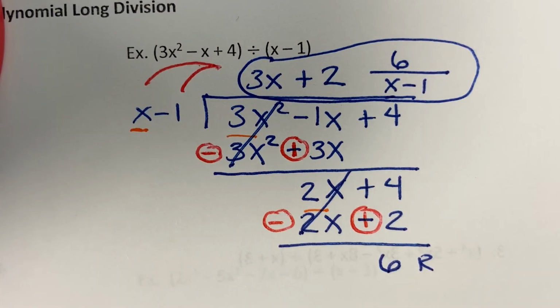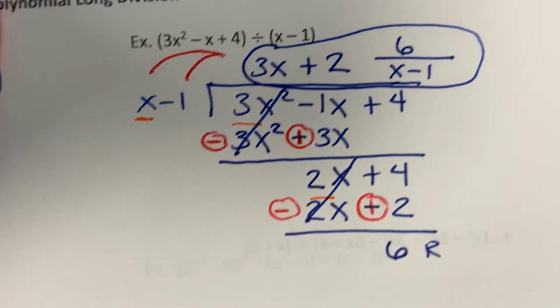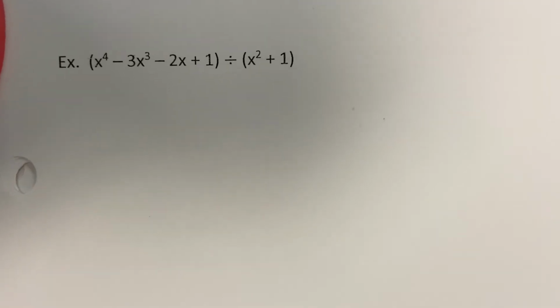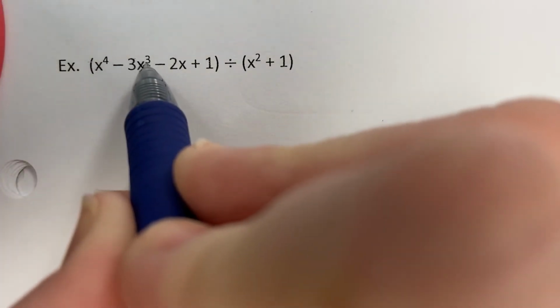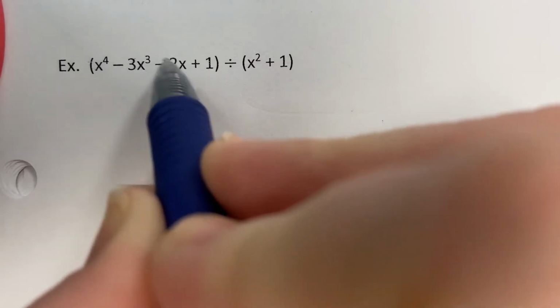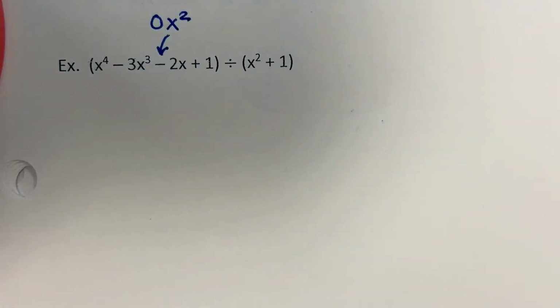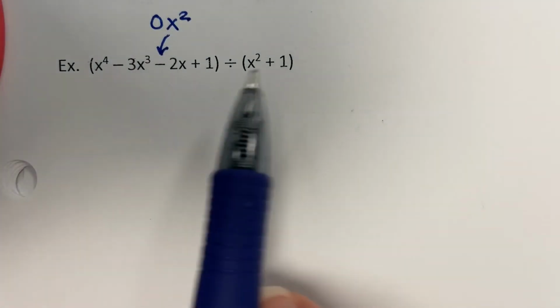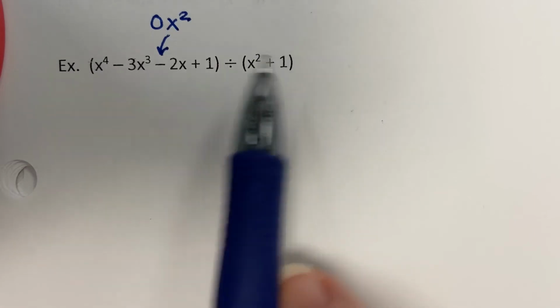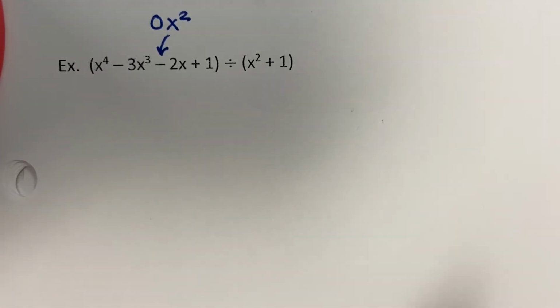And if you were to have a missing term, you would fill in a 0 as a filler. So we're going to see that in this next example. All right, so in this next example, I want you to notice that right here it goes 4, 3, and then there's no x squared, right? There's a missing term. So we're going to fill in a 0x squared. You want to have a filler. That's the only term that's missing, okay? It doesn't matter so much in this, but it does matter over here